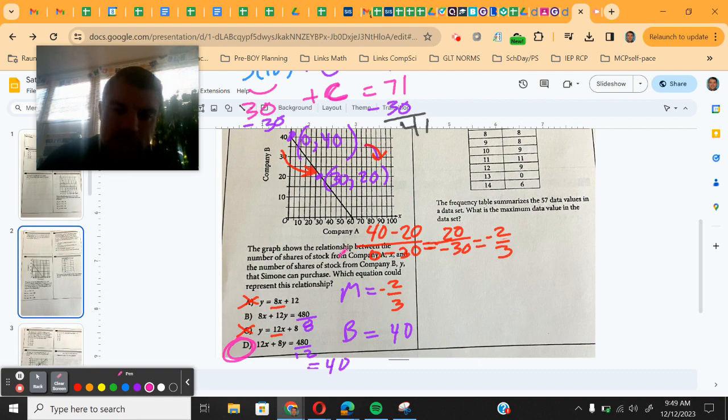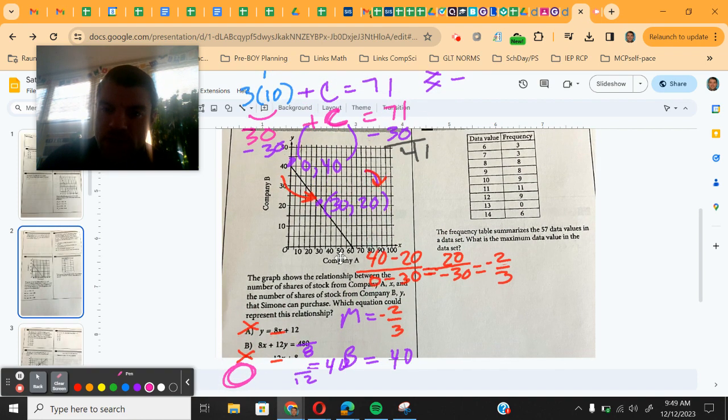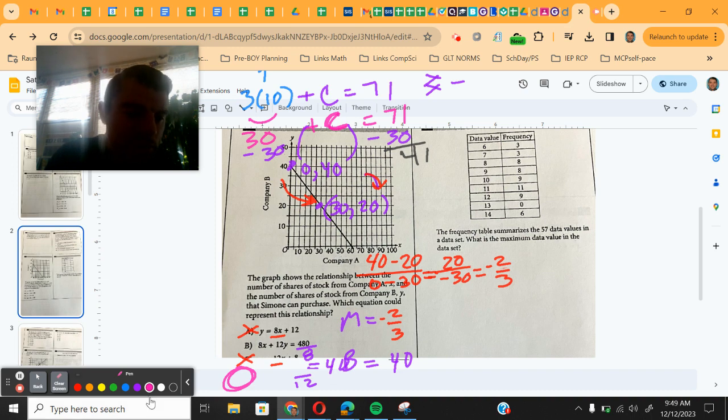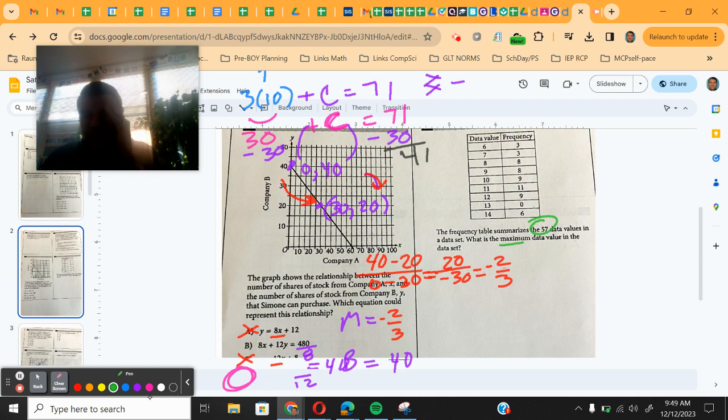Let's take a look at this next one. We got a data and frequency table. We got 57 total values. What's the maximum data value in the data set? Um, the maximum data value. So